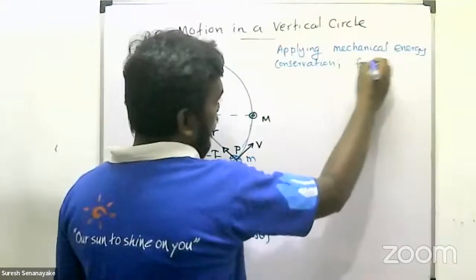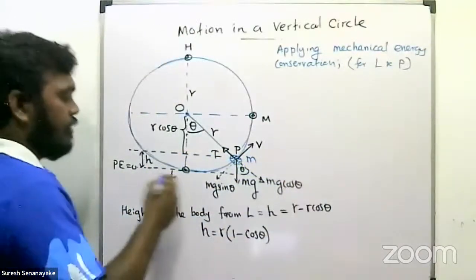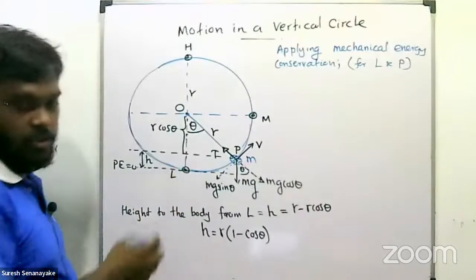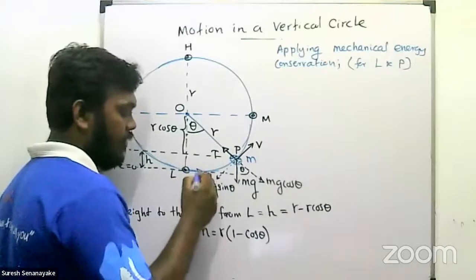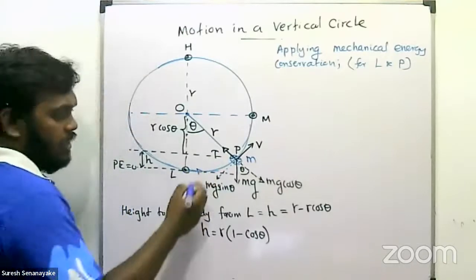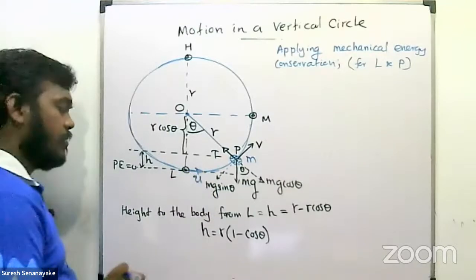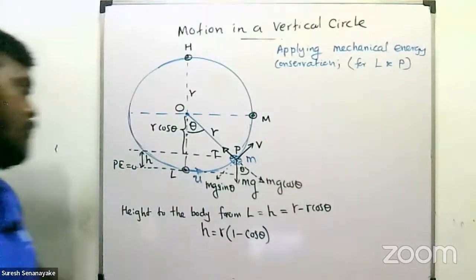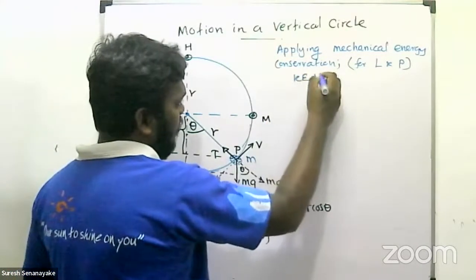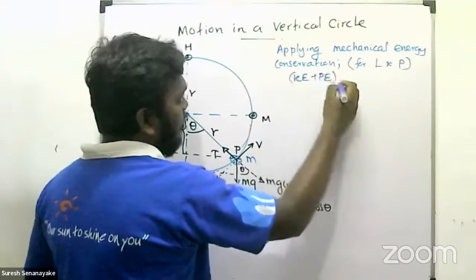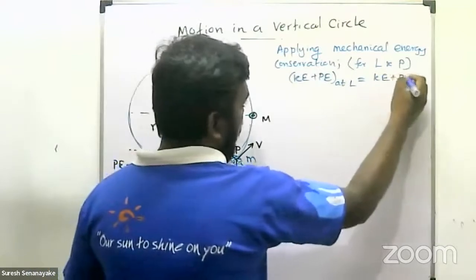That's for L and point P. At the point L, this is the lowest, I'm considering it as potential energy zero level. There's a kinetic energy, since the speed or velocity given here is u. You can mark that this is u at the lowest point, the tangential speed is u. So there is a kinetic energy at L. I'm writing the kinetic energy plus potential energy at L